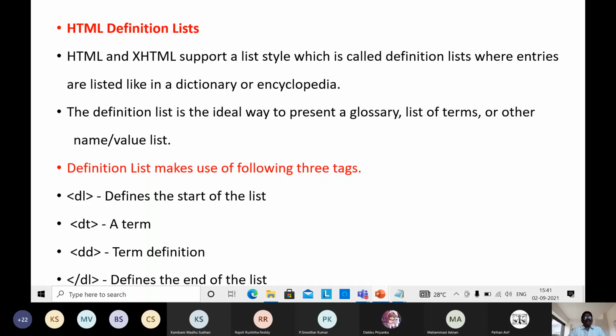Suppose I keep HTML. You are well known with it, so you know the full form of HTML: the hypertext markup language. We know HTML, XML, DHTML, dynamic HTML. But other people, suppose mechanical or electrical people, don't know the full form of HTML. So when you are introducing HTML and keeping it on the screen,